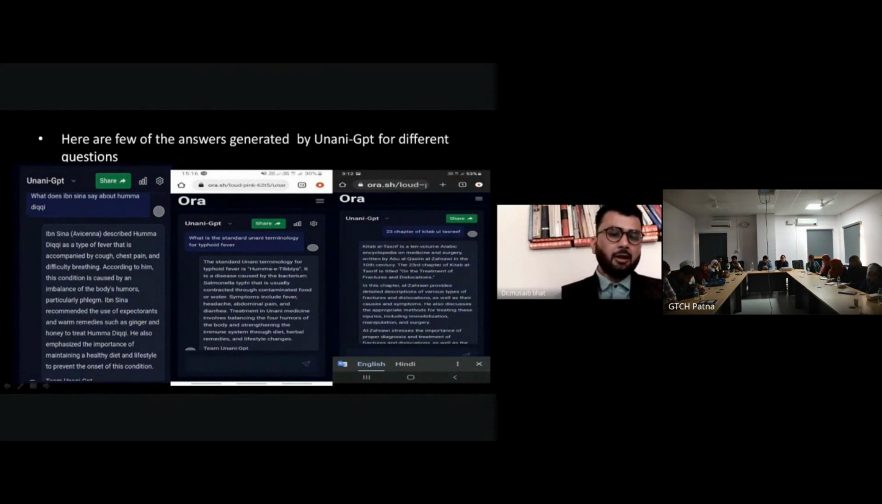So for example, what does Ibn Sina say about Humaydiki? There is an entire paragraph where the Unani GPT describes what Ibn Sina said about Humaydiki. Or we have, what are the standard Unani terminologies for typhoid fever. So it actually mentions that. And then we have, for example, we needed to find what is in the